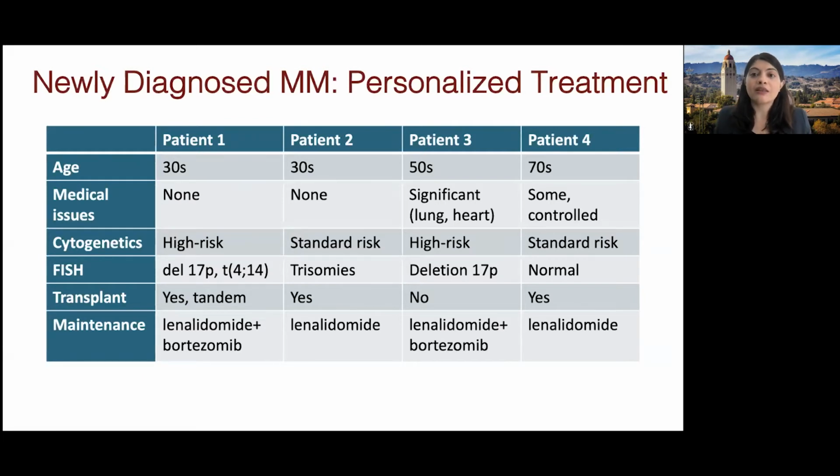When I look at the other patients, so patient 3 and 4, patient 3 was a patient in their 50s, but this patient had significant heart and lung illnesses. They had reduced pumping capacity of the heart. They had reduced capacity to exchange air with their lung. And even though this patient is very high risk, and we know transplant benefits this patient population much more so